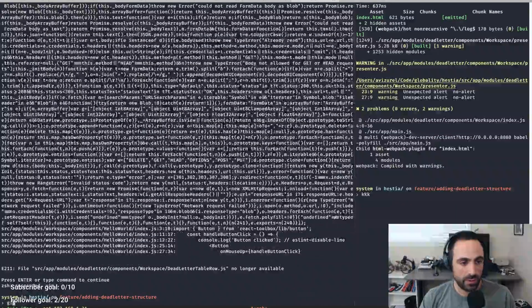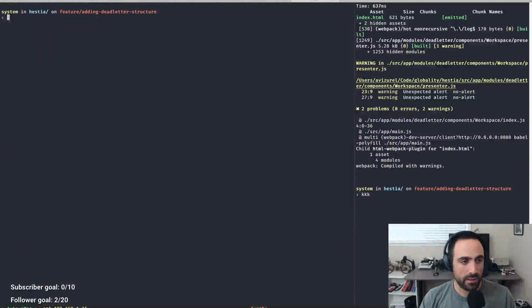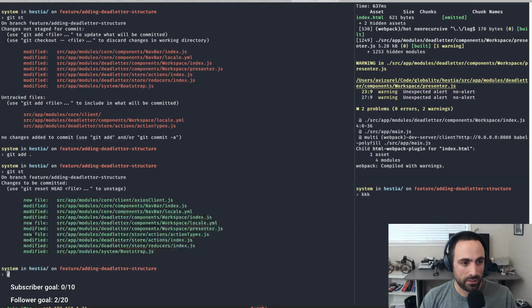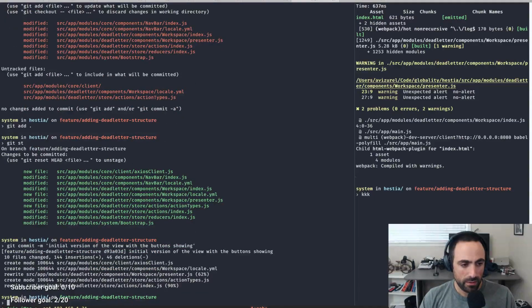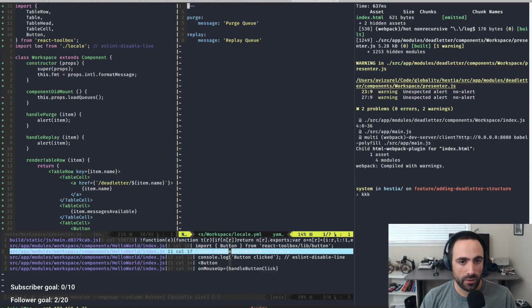Okay. So then here we'll have this. All right, so now let's do this. And let's clean this up a little bit. So let's add git commit -m initial version of the client of the view with the buttons showing. All right. And now here, src component dead letter. No, so src app modules component dead letter actions